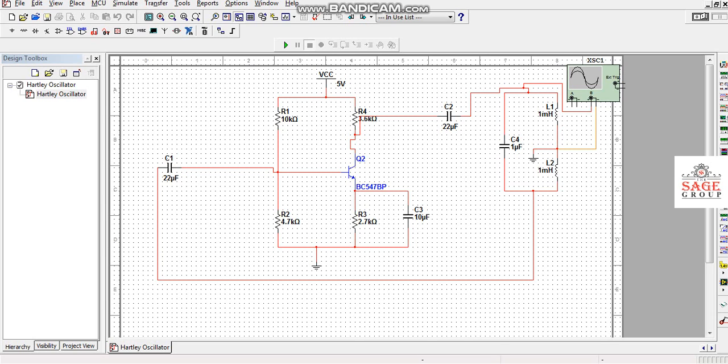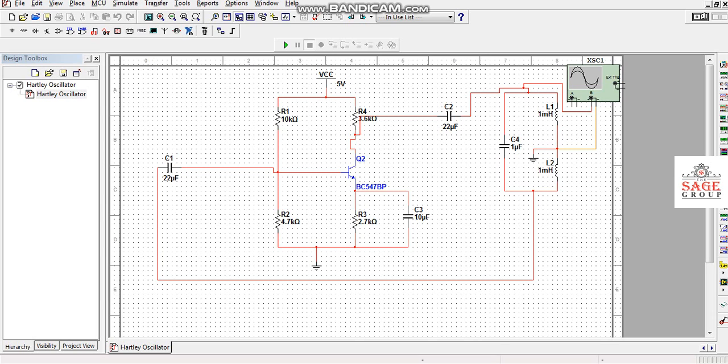L1 and L2 are the inductors and C4 is the capacitor which is in parallel with these two inductors, and we are taking the output from the negative terminal connected to this tank circuit, and the positive terminal is connected via this capacitor C2.